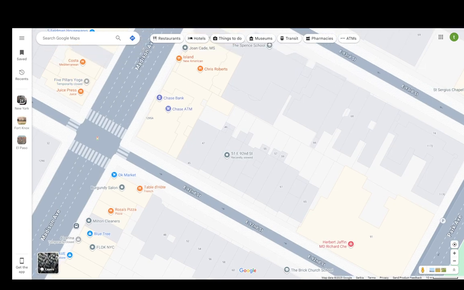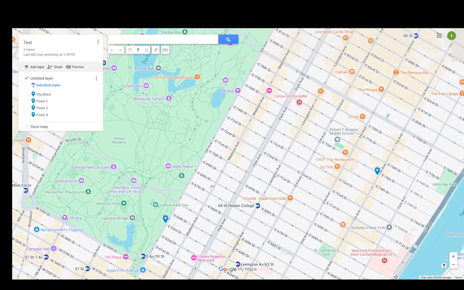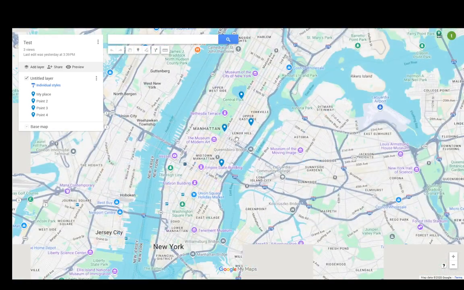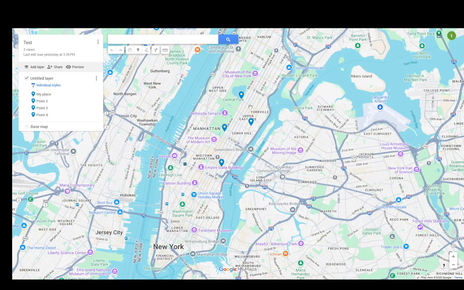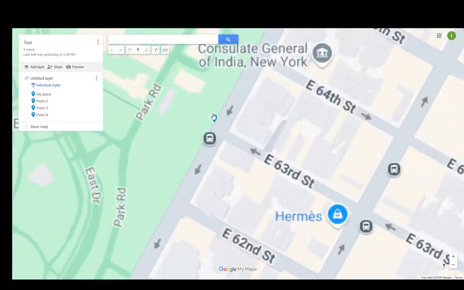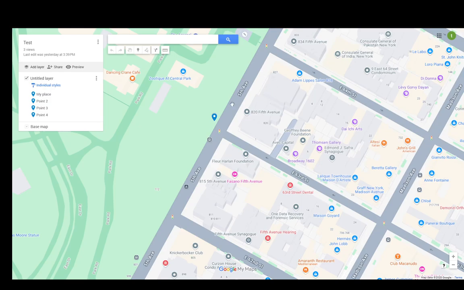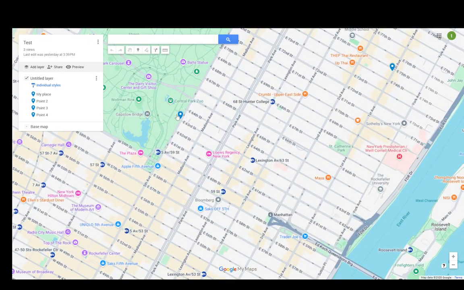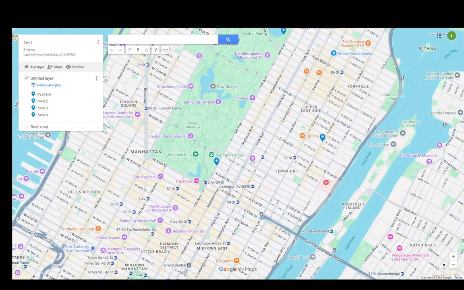And finally, as I mentioned, if you go into your maps and create a custom map, you can add custom locations such as points to your map, and as you can see, they'll show up as blue markers on the map, and you can rename them or just name them point and a number, and that is pretty much it. But that is also going to tag those locations, but only for your own map, and that's all there is